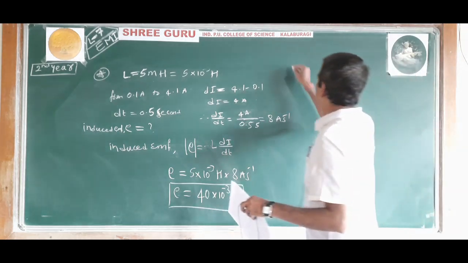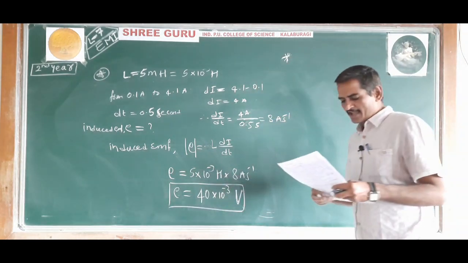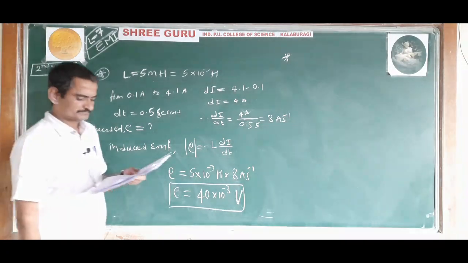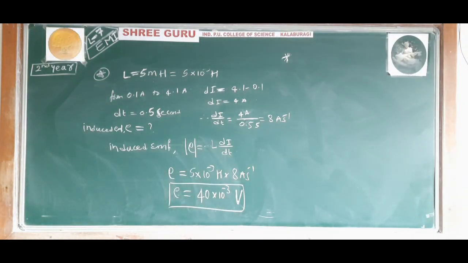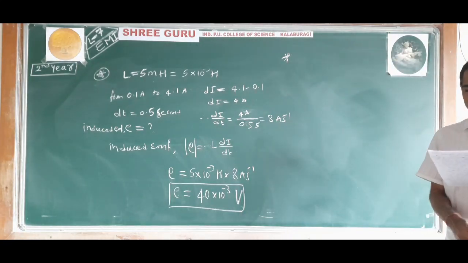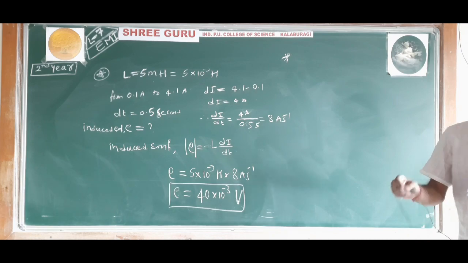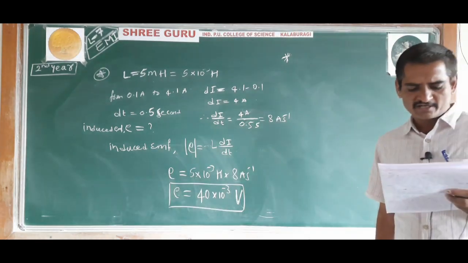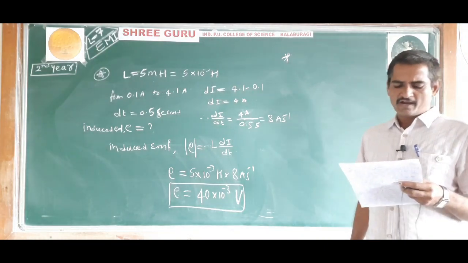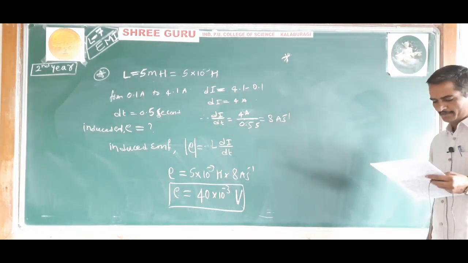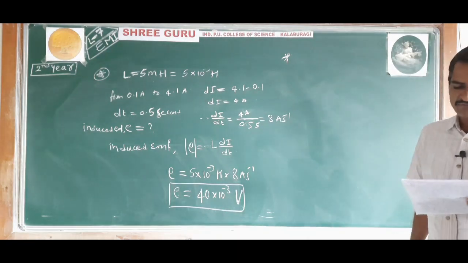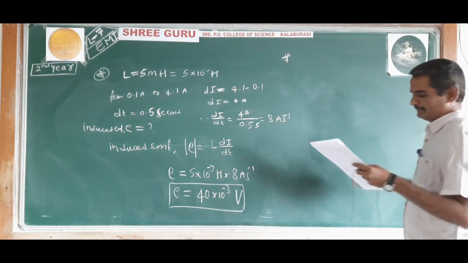Write down the next question. An air-cored solenoid with length 30 centimeter, area of cross section 25 centimeter square and number of turns 500,